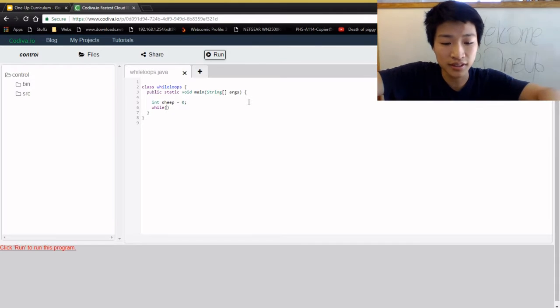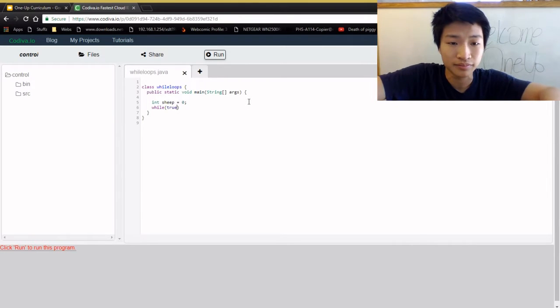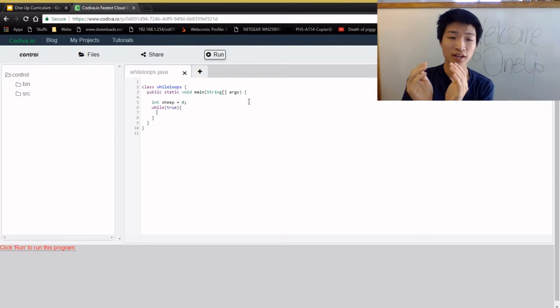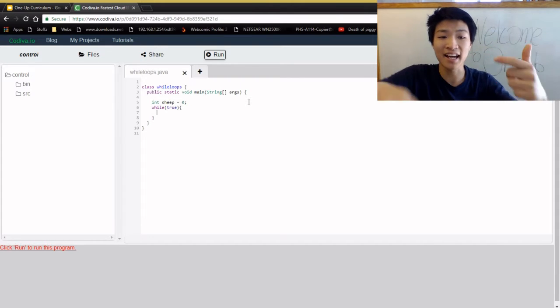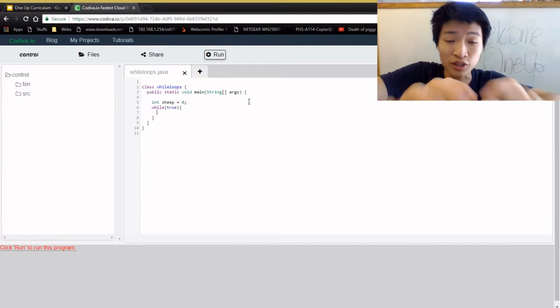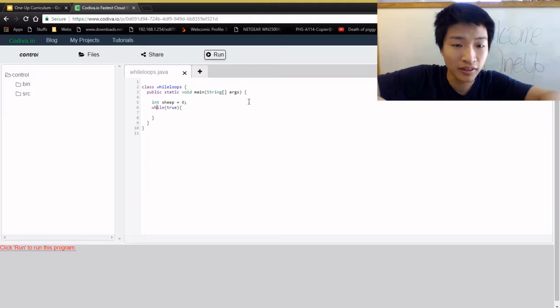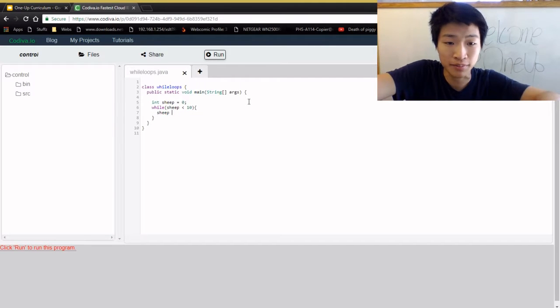If this is true, then do whatever's inside the curly brackets. So while the number of sheep we have is less than 10, we're going to increase sheep by 1,